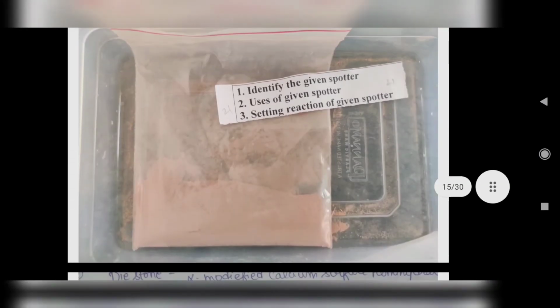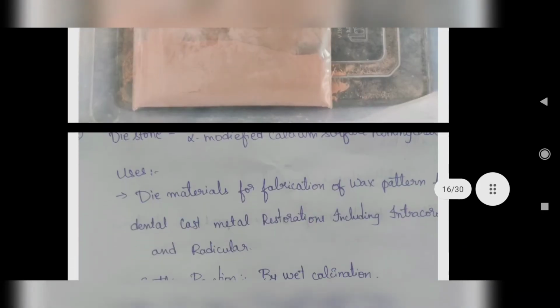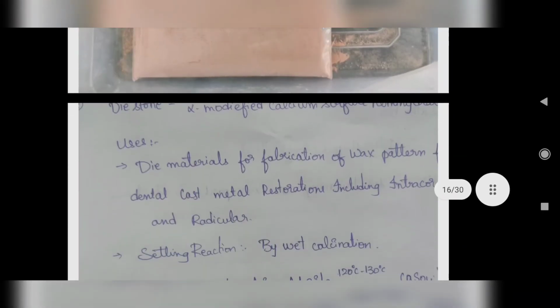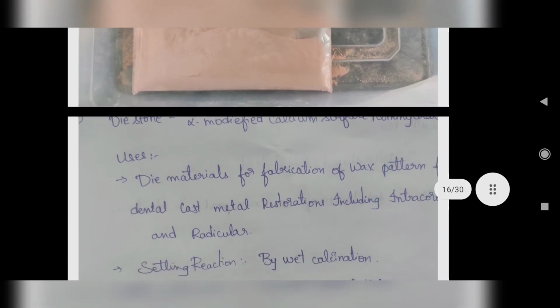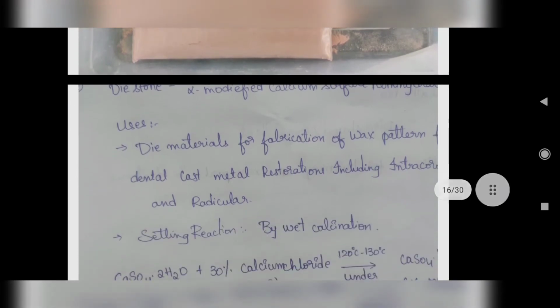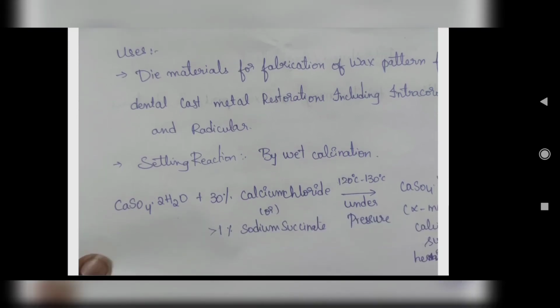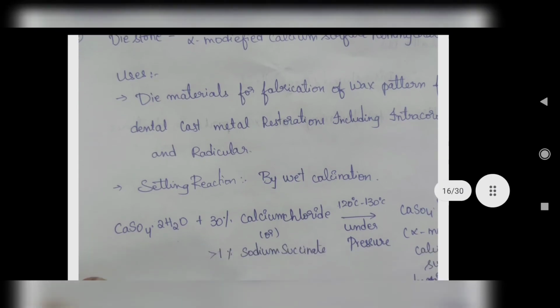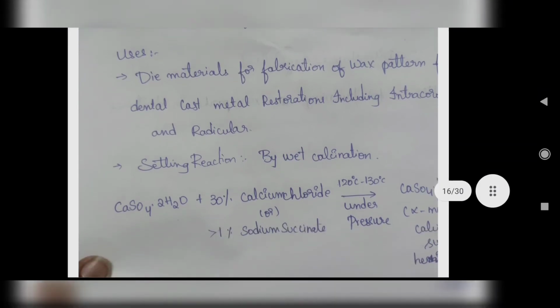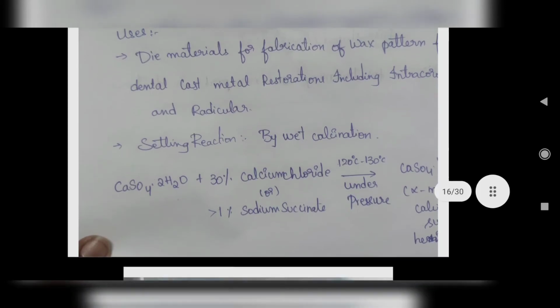So what is it, what are its uses and its setting reaction? It's a dye stone, called alpha-modified calcium sulfate hemihydrate. What are its uses? These dye materials are used for fabrication of wax patterns and dental cast metal restorations, including intracoronal and radicular. What's the setting reaction of this dye stone? Calcium sulfate dihydrate reacts with 30% calcium chloride or sodium succinate at a temperature of 120 to 130 degrees under pressure. It forms this dye stone,